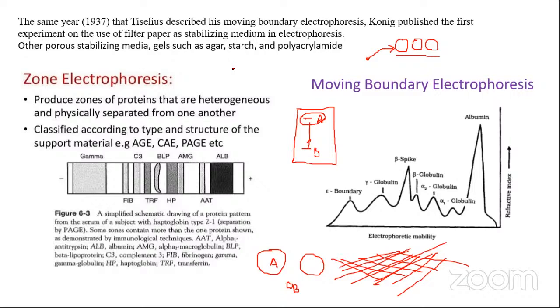So as we are almost at 2 now, I will stop here today. We will discuss in greater detail how convection currents can be reduced to a greater extent by using a stabilizing medium during electrophoresis. But I hope that you might have understood the basic concept of why it